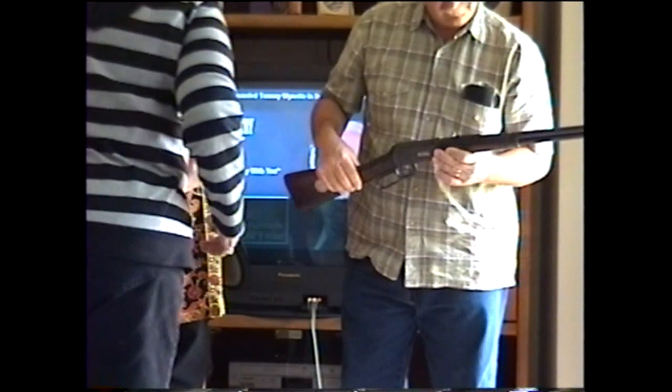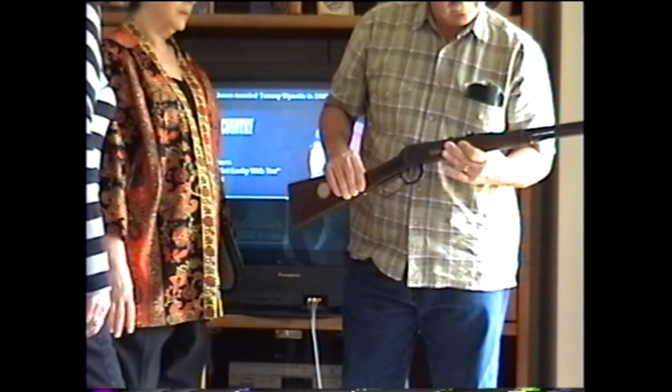Grandpa Jones. I looked on the collectors' websites. I found a collector's website. If it was in mint condition with everything that originally came with it, it's about $2,000. But like that,